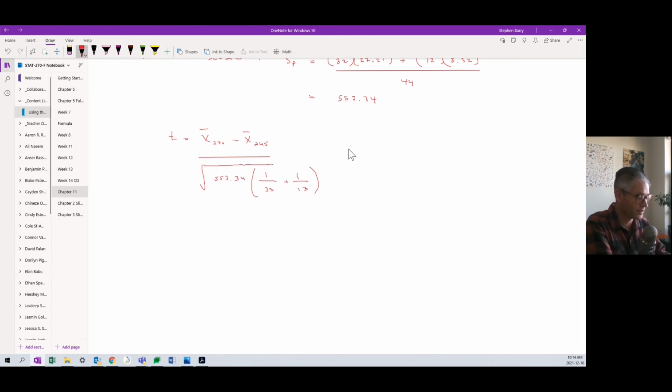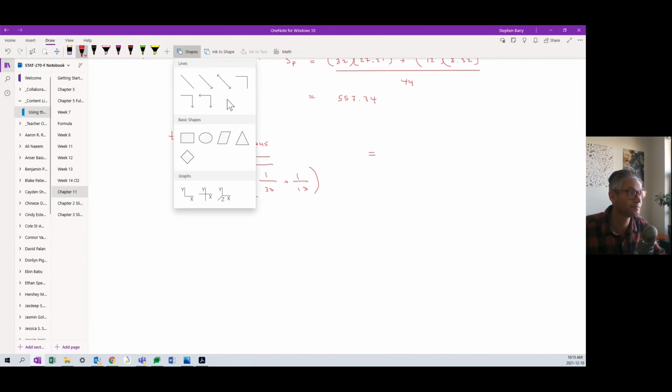So let's just calculate that denominator first. Again, you don't have to be a hero. You can take easy steps. So this denominator ends up being